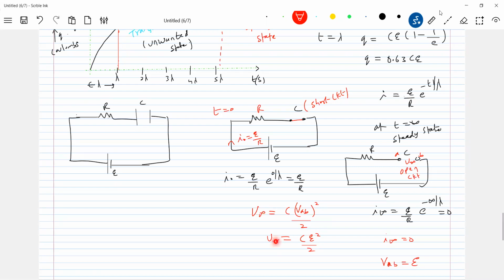And what is the steady state? In terms of steady state charge, you can write it as Q infinity square by 2C. So what is the charge across the capacitor? Q infinity should be equal to C into VAB. Or this is C. I think that's what I wrote earlier in the graph. So what is this? Steady state charge. Okay, this is about the initial theoretical ideas, the graph, that one. So similarly, we'll plot graphs for